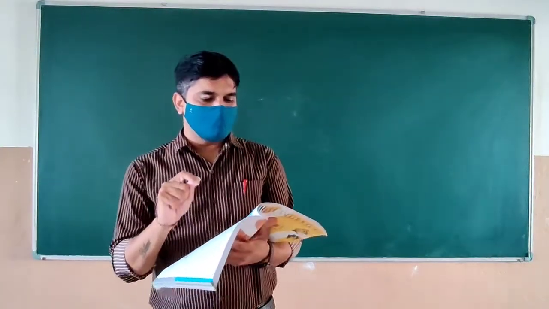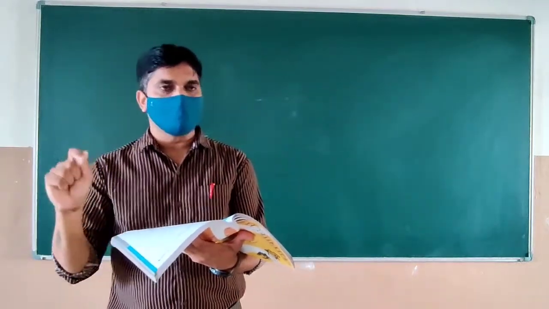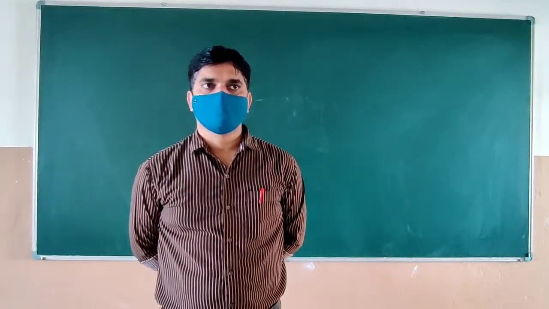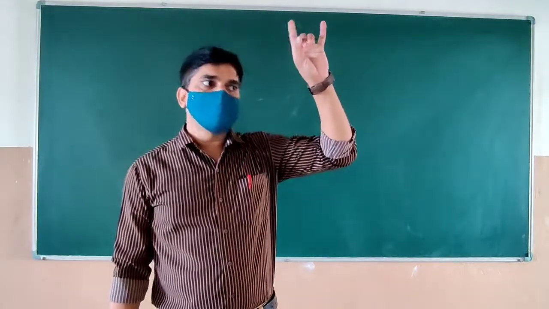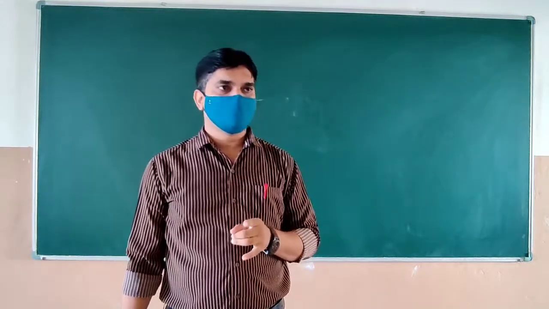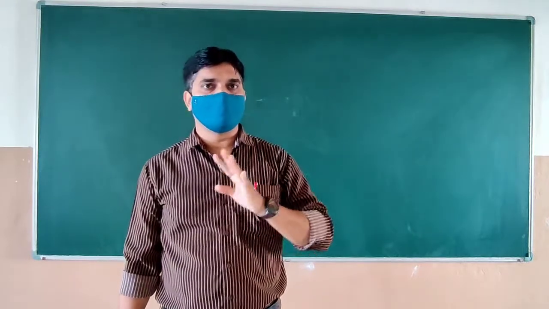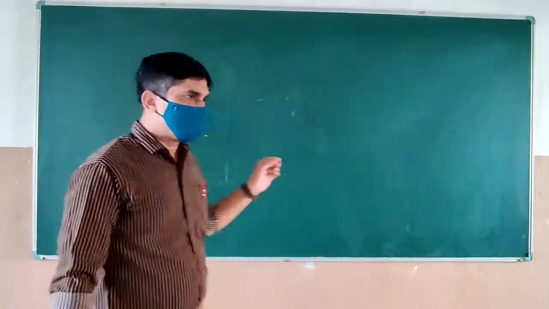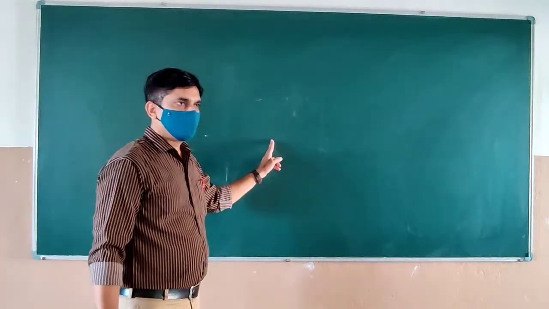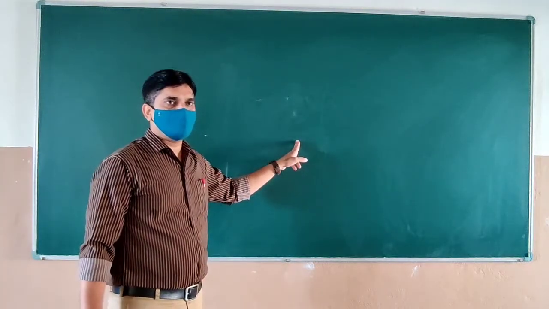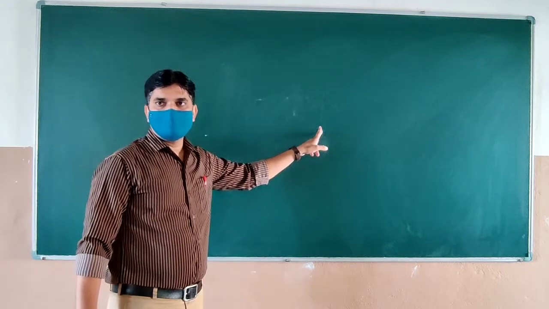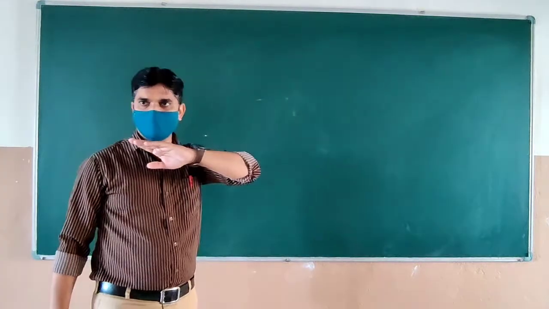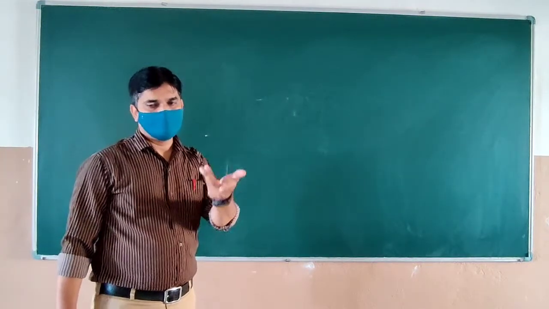The number of passengers boarding trains from 7 a.m. to 7 p.m. What will it be? From morning 7 to evening 7. Each and every minute you don't know what is the time. So can I write from 7 to 8 a.m., 8 to 9 a.m., 9 to 10 a.m., 10 to 11, 11 to 12, and then so on? Can we take? So it will be histogram, definitely.